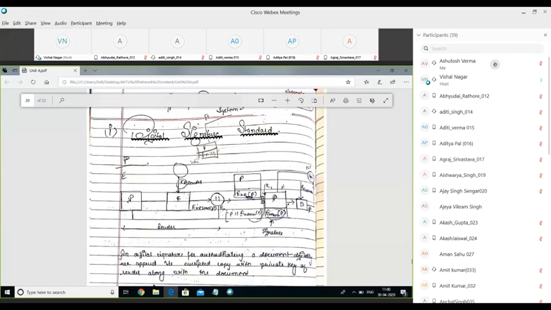So this is the block diagram of DSS. What we have here, we are using a plain text P, and we are passing this plain text P through an encryption algorithm. Class, understand this thing. We are passing this plain text P through an encryption algorithm along with the private key of the sender. Class, here we are using KR of sender, that means the private key of the sender. When we pass this plain text P, the output of this algorithm will be the ciphertext, that is EKR of P.